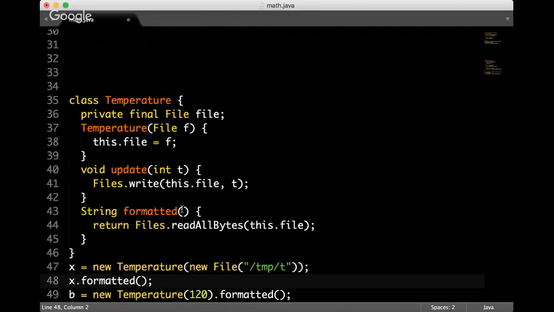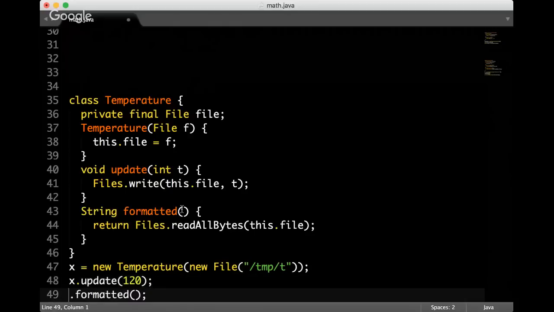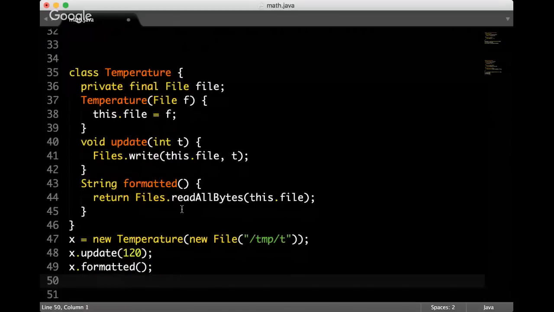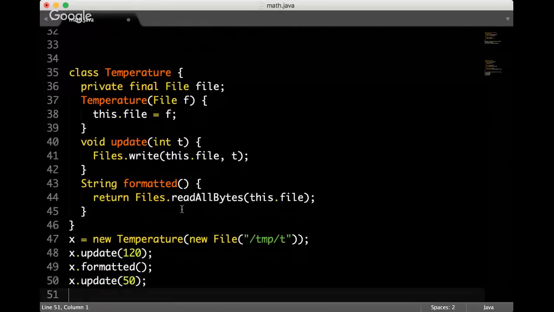And then we say x update and put 120. And then we say x formatted. And then we say x update and put 50 here. And then x formatted again. Is it still immutable, or do we have a mutable class, a mutable object right now?